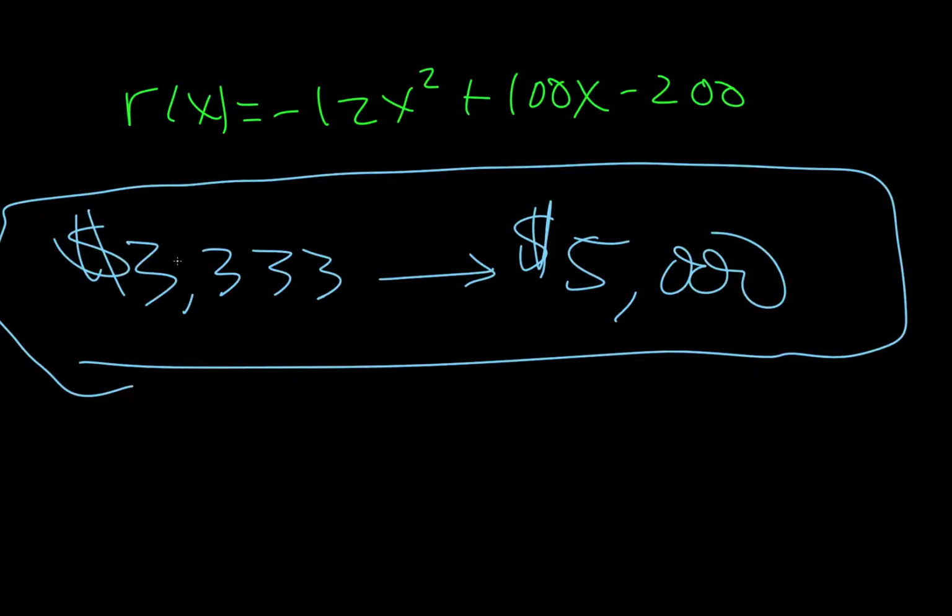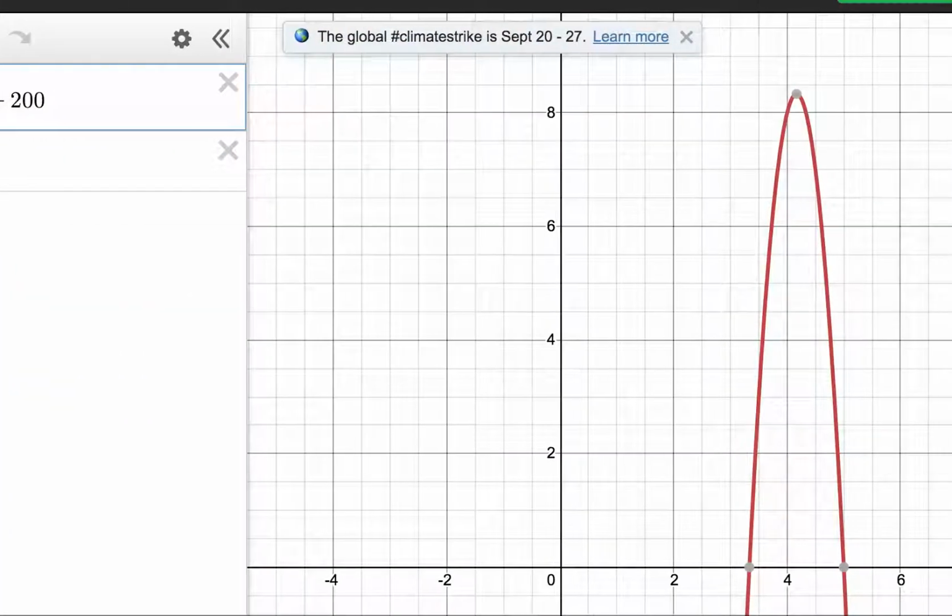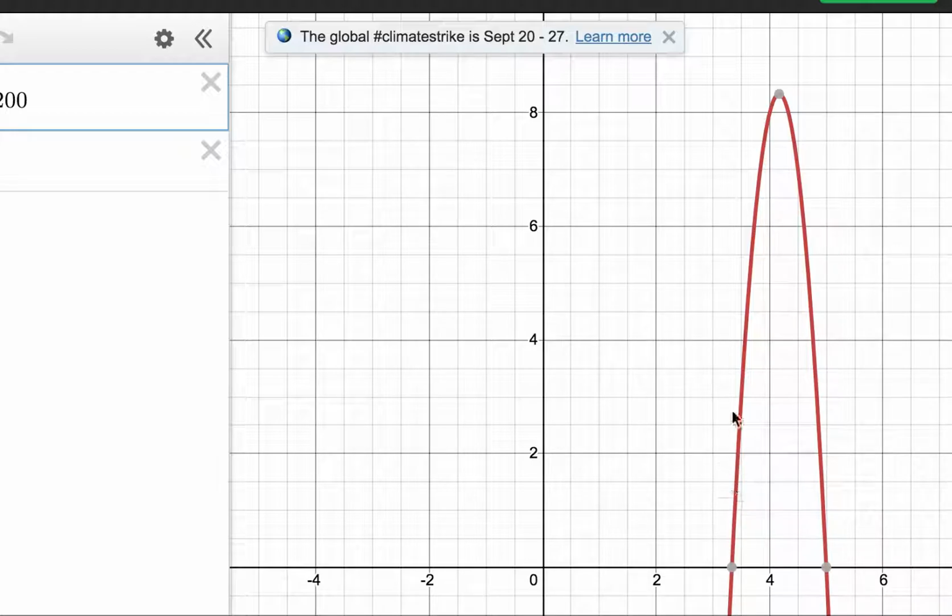But since this is revenue, we actually have to worry about profit as well. And so let me go back to the graph. We need to know the point where it's worth it, because right here we kind of make our 4,000 back, plus we make another 4,000 at the peak, and so we want to know those spots where we at least make our money back. So we want to see where these numbers are about the same. So right there,